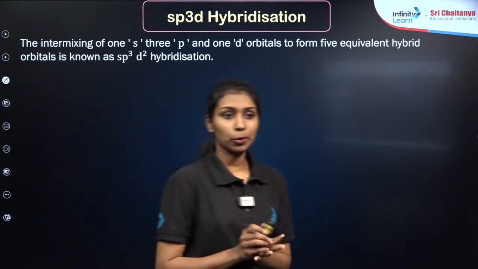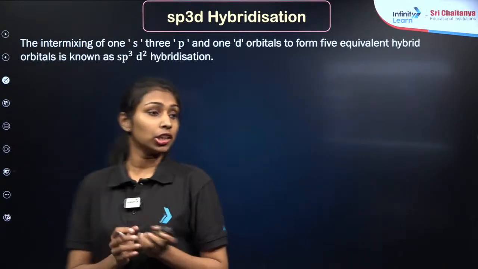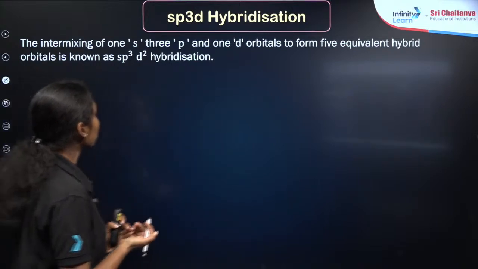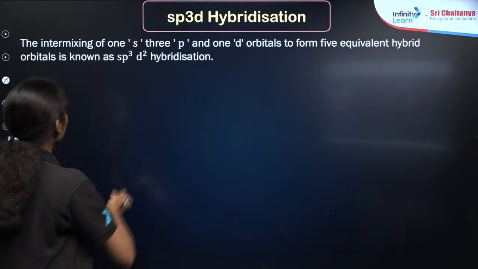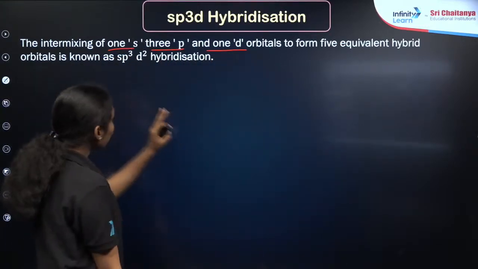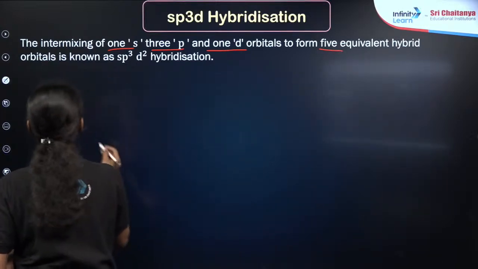So far we have discussed the sp hybridization, right? Hybridization involving s and p orbitals. Now we are discussing the sp3d hybridization, in which the d orbital is also involved in the hybridization. So you can see here 1s, 3p and 1d orbitals, right? In total 5 sp3d hybrid orbitals are forming. So here